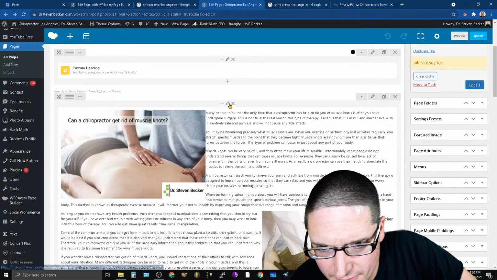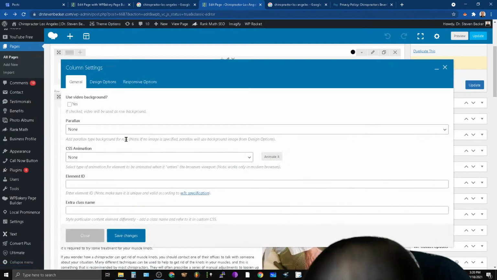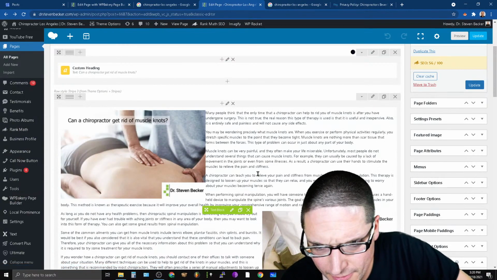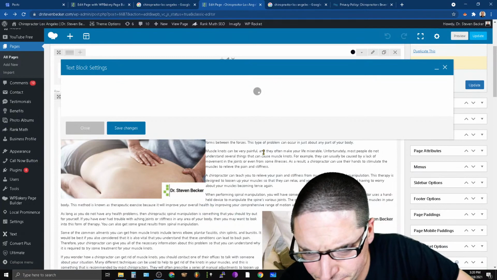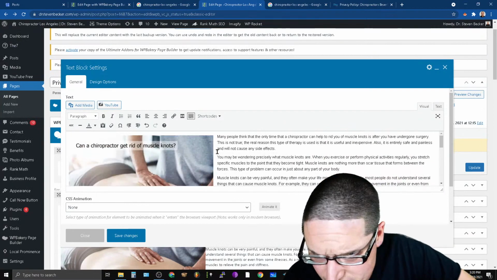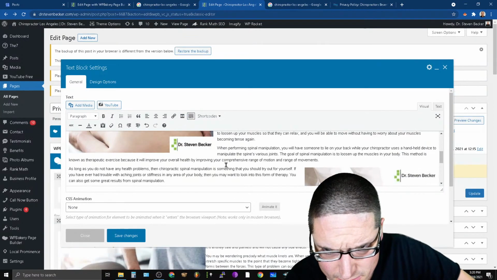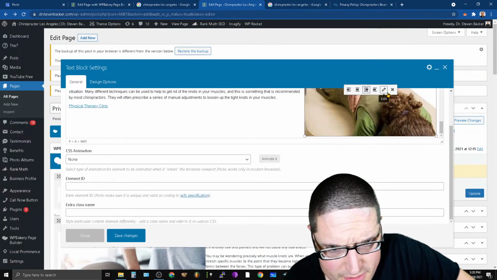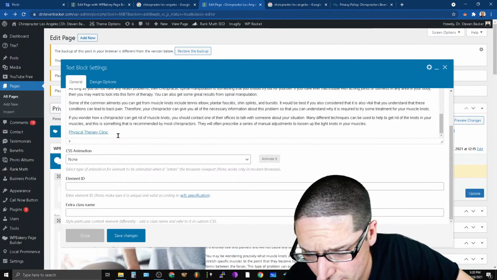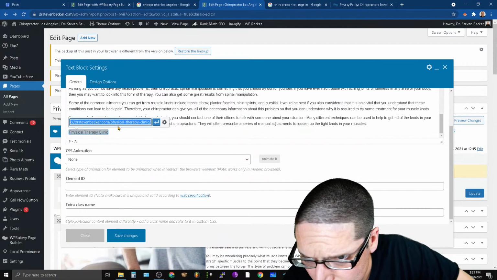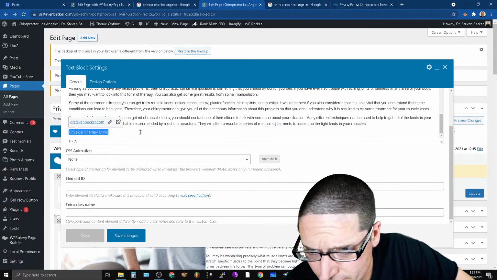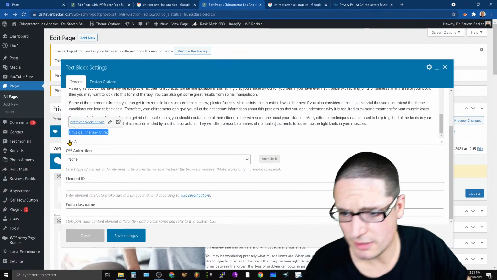All right, so this stuff here, we can just come right to here. Column settings. Oh my God, I hate web design here. Block text, okay. So I just need the text. Physical therapy. So really where I want to send this to, okay, we don't necessarily need that, and we don't need that. I just need a privacy policy. It needs to actually be this. Okay. And that's good.